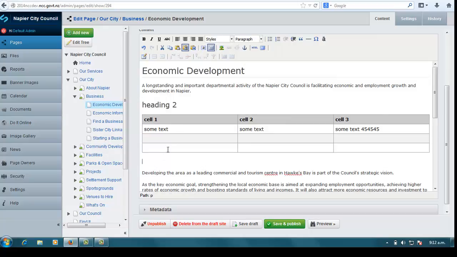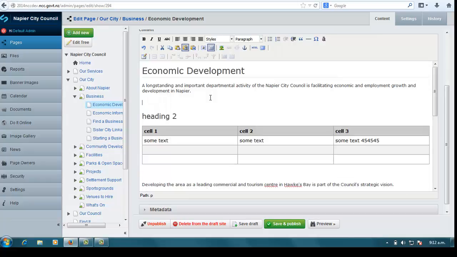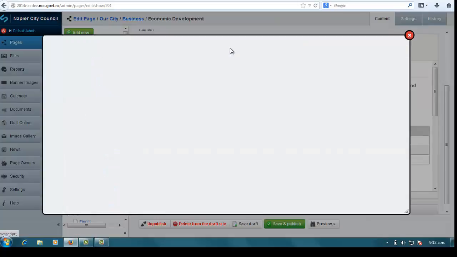Okay, next thing I'm going to show you is how to insert a link. So first of all you want to type the text that you want. We want view 10-year plan. We're going to then select that text, and you'll see that there's one here called insert link. So we're going to select that,